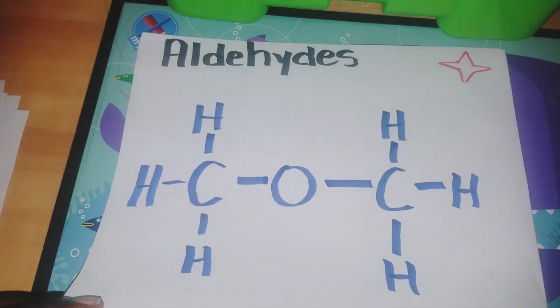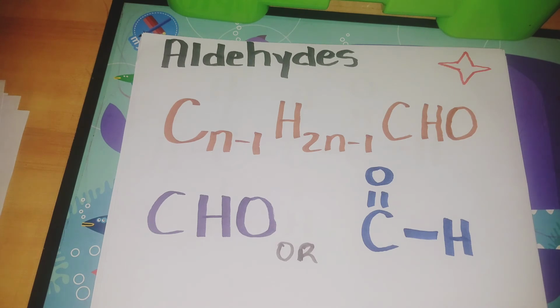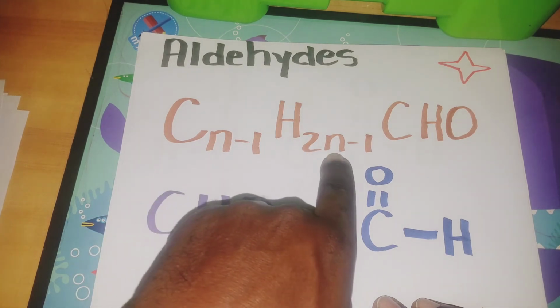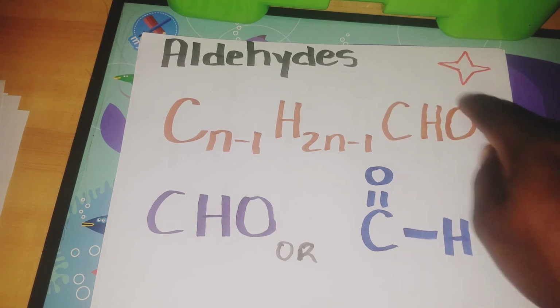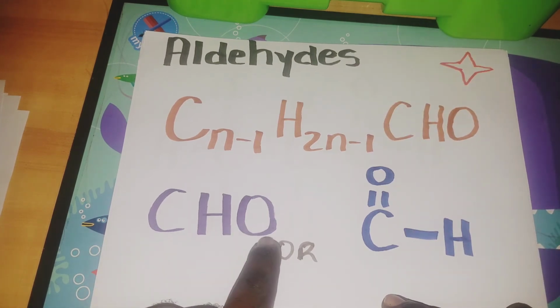So our next class of organic compounds are the aldehydes. Now the aldehydes belong to a group of compounds called carbonyl compounds. Okay, and ketones are also a part of this group, and we're going to look at that after this one. So your aldehydes, for simple aldehydes, the general formula is CnH2n+1CHO. Now this can look a little bit confusing, and here you have your functional group CHO, but what